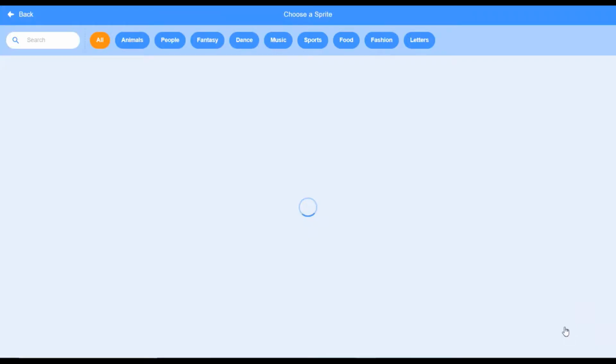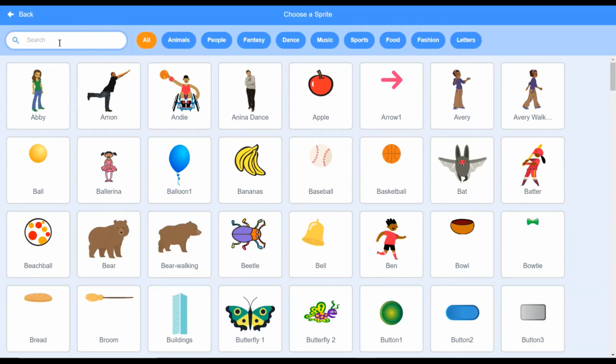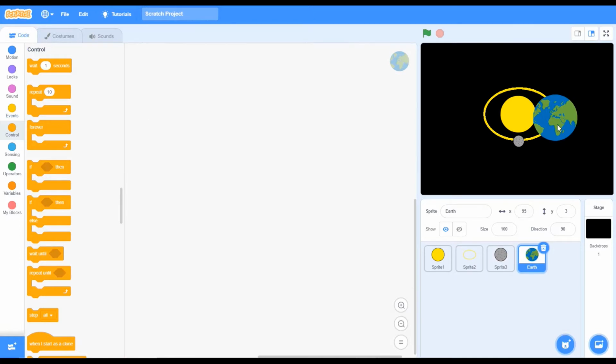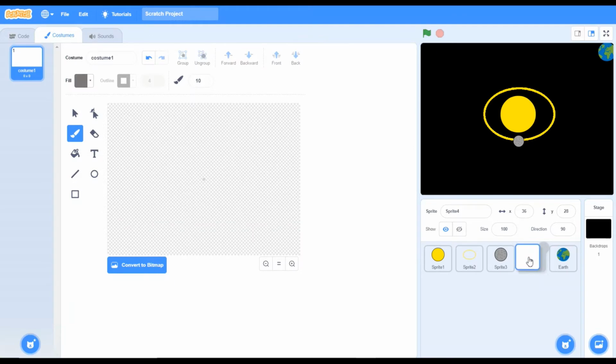Actually, friends, Earth is the only planet sprite that exists in Scratch. I hope in the 4.0 version they will add some new sprites. The Earth sprite is about twice the size of the sun, or bigger. I will change it to 25. Yes. Actually, Earth is a little bit bigger than Mercury, so we will change it now. It's looking perfect. So, Mr. Earth, stay in that corner until we create another sprite for the orbit, okay? I want the orbit to be in front of it.